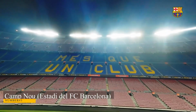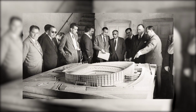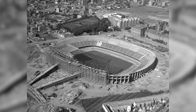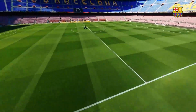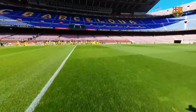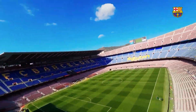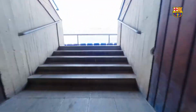Camp Nou. When this stadium was built from 1955 to 1957, it was estimated that 288 million pesetas would be needed to complete this project. While the official name was to be Estadi del FC Barcelona, fans quickly began referring to the stadium as Camp Nou, which literally means new ground. The stadium's highest height is 48 meters and its overall size is 55,000 square meters, making it the largest stadium in Europe that can hold